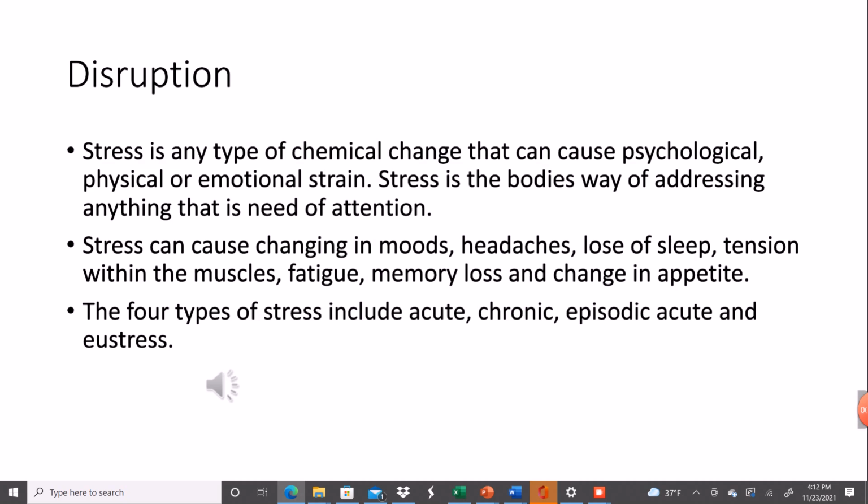Stress can cause a number of things, such as change of moods, headaches, loss of sleep, tension within your muscles, fatigue, memory loss, and even a change of appetite. If you undergo constant stress that is untreated, it can even raise your chances of a heart attack and type 2 diabetes. The 4 types of stress include acute stress,